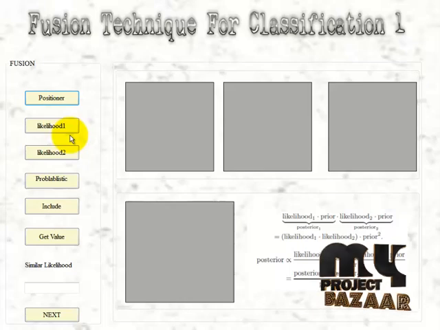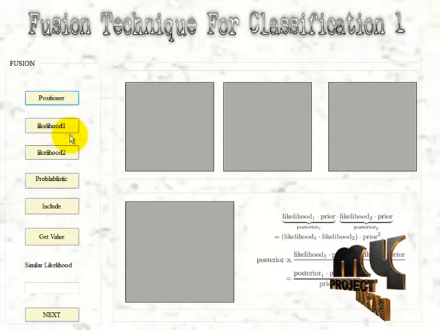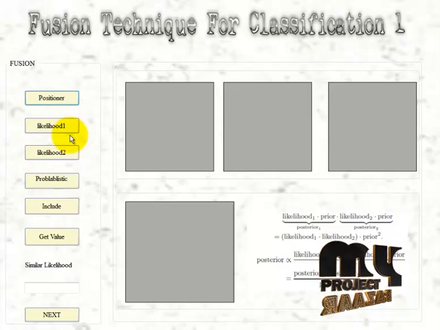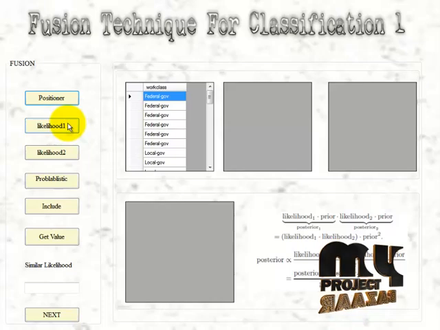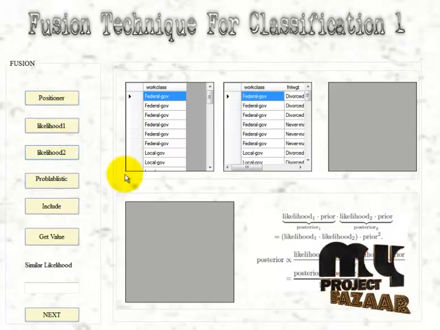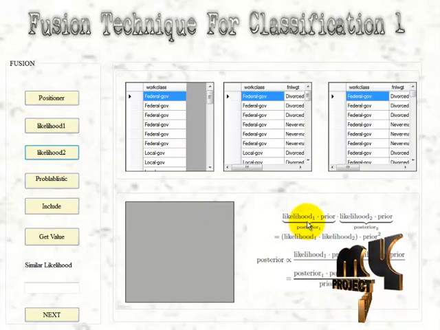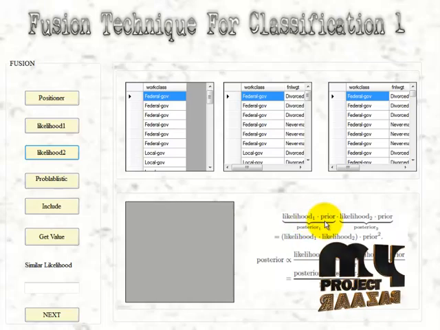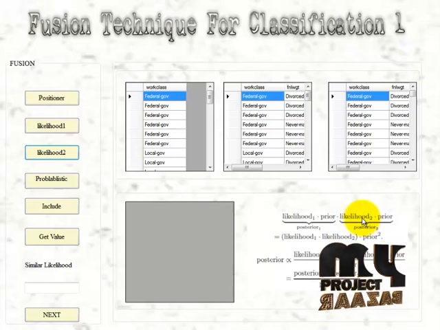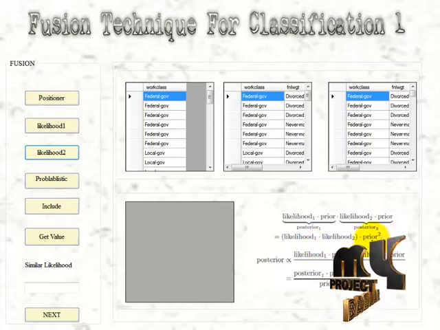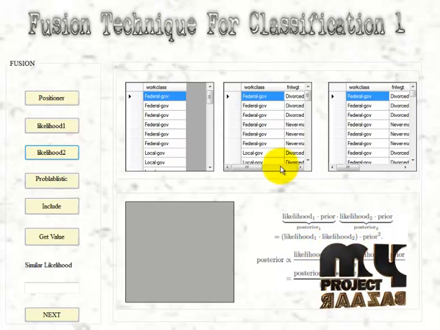Now I am going to fuse my classification rules, based on our fission techniques and our VR training algorithm. We are going to find the positional value first, and then a likelihood and a likelihood. That is, we are finding two values at classification 1, one value into a priority value. That is classification 2 with classification 1, with the second value with the priority. Both will be combined and formed into a prior value. That is only what I have found here.